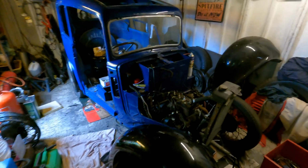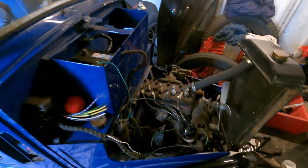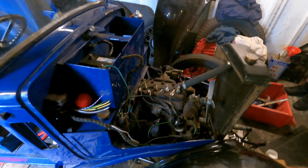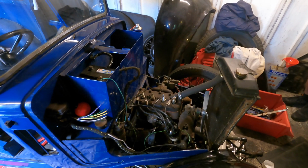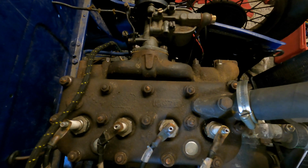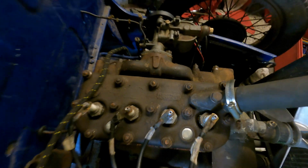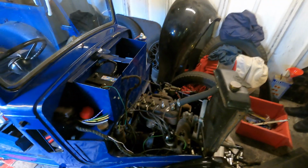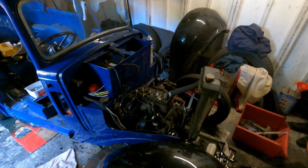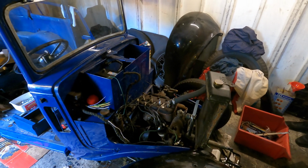So we've got the engine. The engine was running in our last video, wasn't it? So we've refitted the head gasket, because we did have a couple of leaks around a couple of the head bolts, the head nuts. That one in the middle there in particular, the 2 in the middle, the one nearest to the water jacket, I think was the one that was leaking the most, and one at the back as well. So yeah, it was obvious we had a head gasket, it weren't sealing properly, so we've resealed that with,